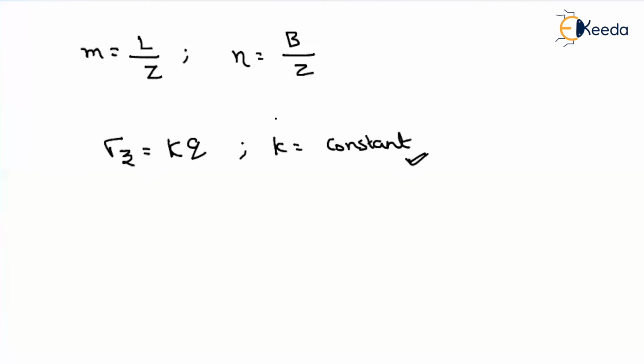There is a big equation for K in terms of m and n, like 1 by 4 pi into 2 pi and so on. No one will remember it in the exam. Even if they ask me now, I cannot say it. So this K value they will directly give you in the exam. Depending upon the m and n values, you can directly find the sigma z value.